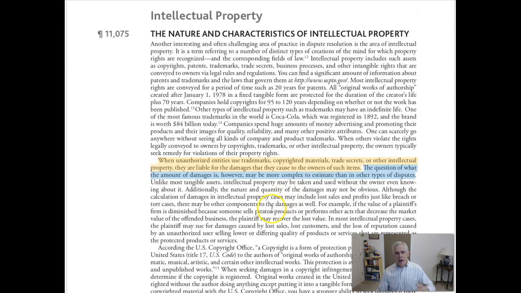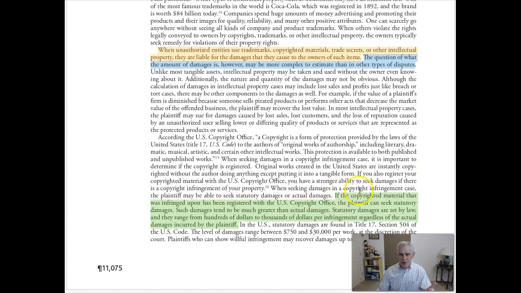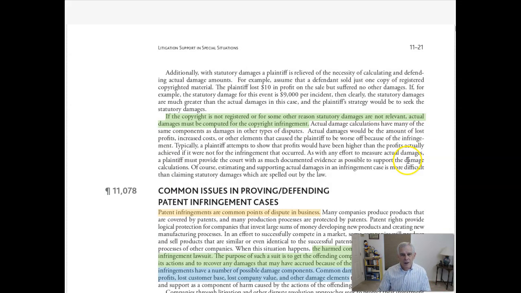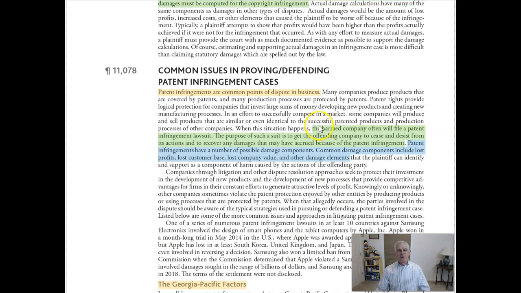Intellectual property, I'll let you read through this yourself. We're talking, of course, trademarks, copyrights, and so forth, and to get into how much should the damages be. You use my copyright. You need to pay me something. So the accountants can get in here with these numbers as well. Further, patent infringement. You hear about this quite often, and again, the forensic accountant can come in and help compute damages that could be present in this kind of situation.